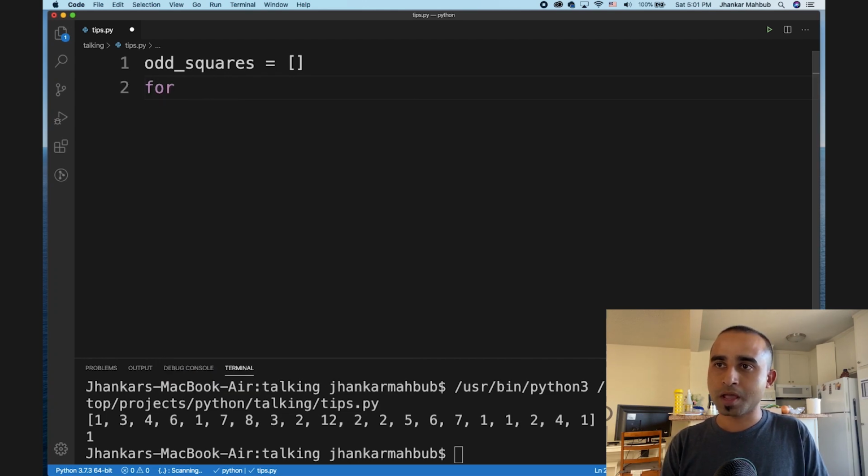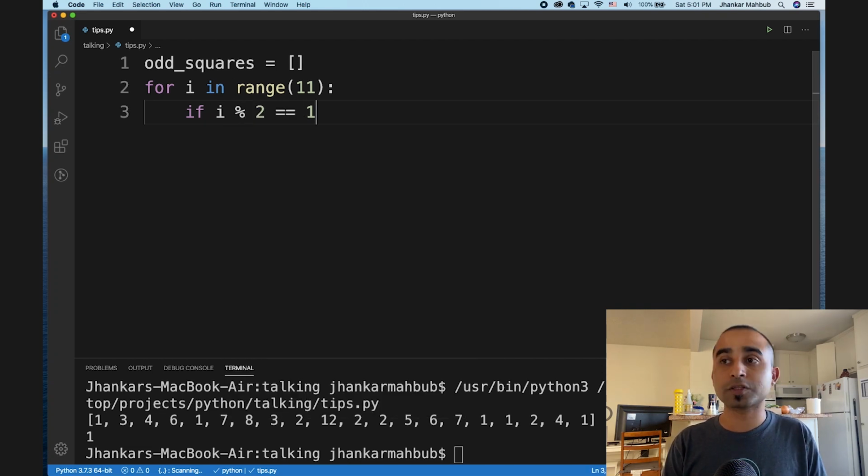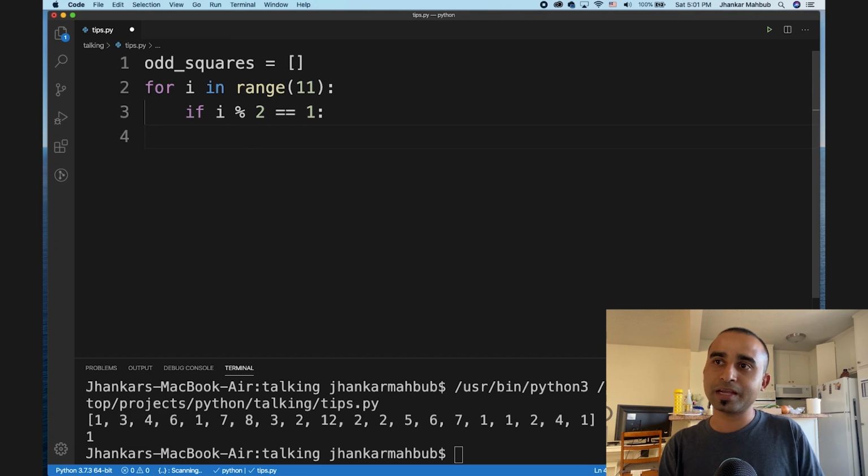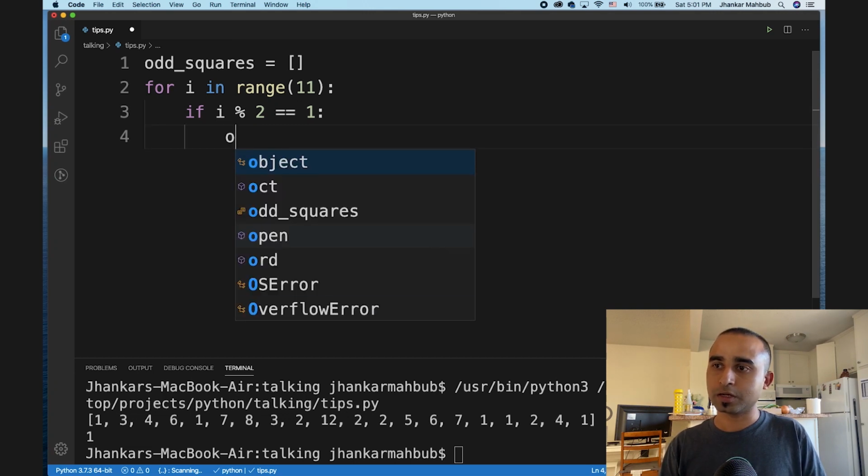So like a for i in range, we create a range of numbers, maybe until 11 or somewhere, and if i, and if we divide it by 2 and check that the modulus equals 1, this is the way we know this certain number is odd because it has a remainder, and then we will append to odd_squares.